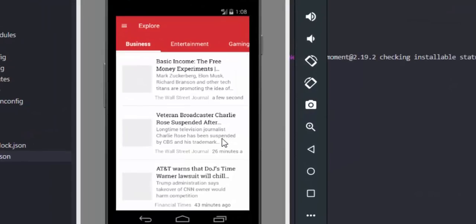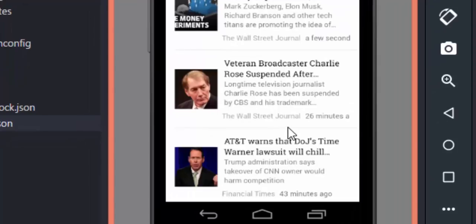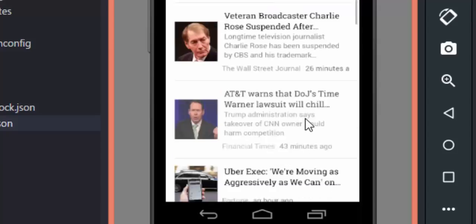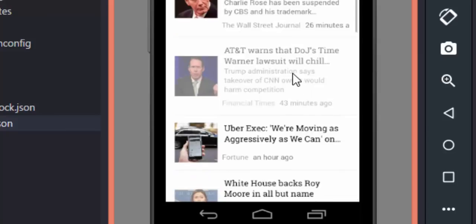Alright, so the reason why we need moment is that now let's take a look at this news articles. Now this news article brings out some time of the news. Now this time is in raw format, in the UTC format. So we are going to use moment to calculate the time difference from the current time as the news was loaded and the time the news was published or fetched onto the news API's database, or the news was published on the site. So now this is 43 minutes ago,